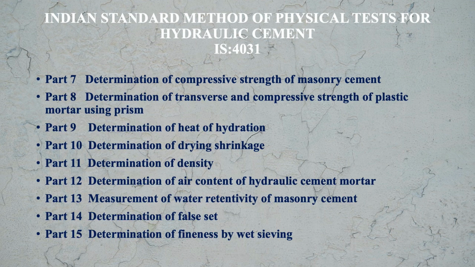Likewise, there are different parts. Some important ones I am telling you here. Part 9 deals with determination of heat of hydration, whereas part 10 deals with the determination of drying shrinkage, and part 11 deals with determination of density of cement, whereas part 14 deals with the determination of false set. These are the different parts of this code IS 4031 which deals with different tests to be done on the